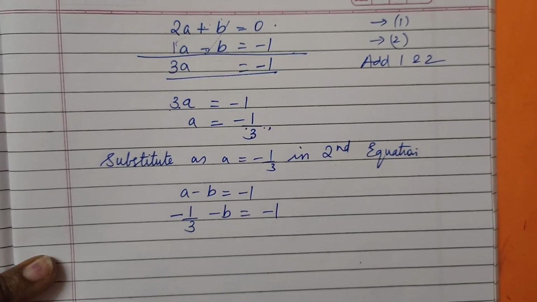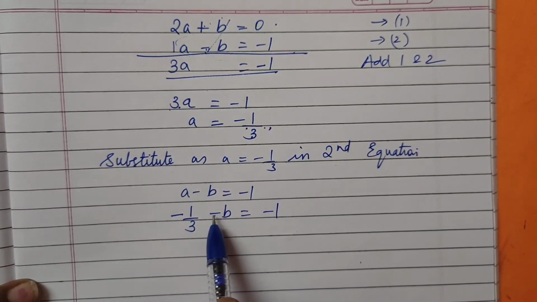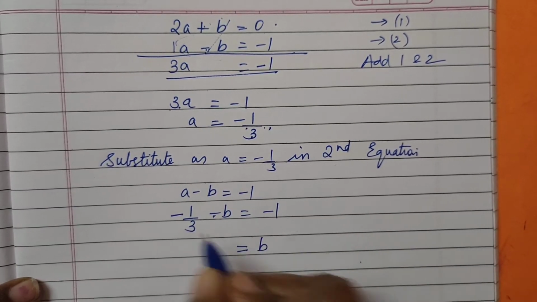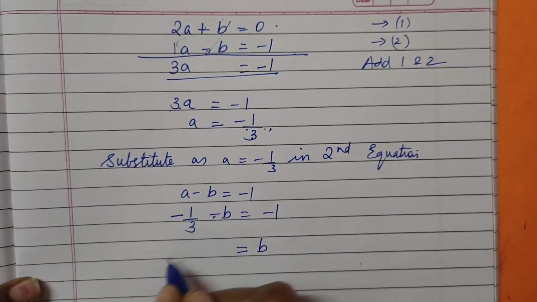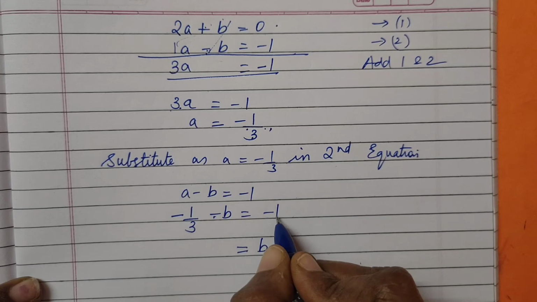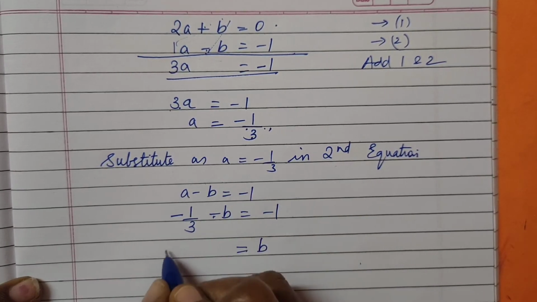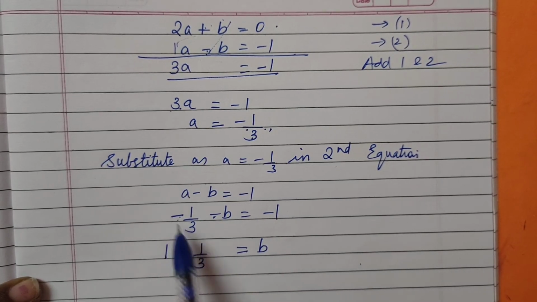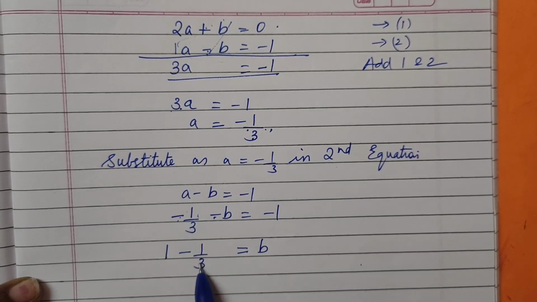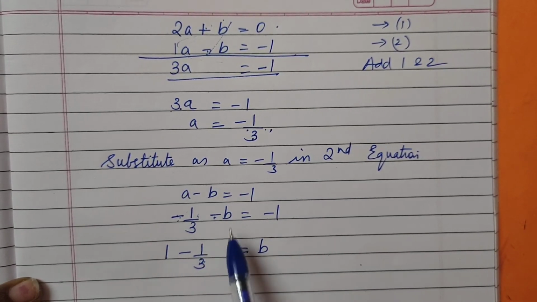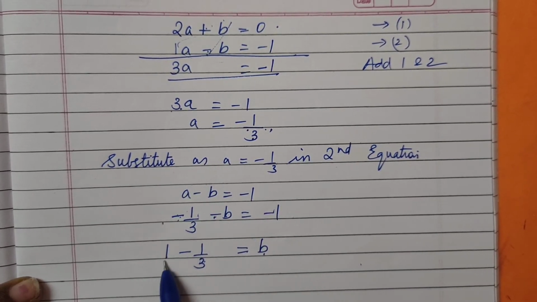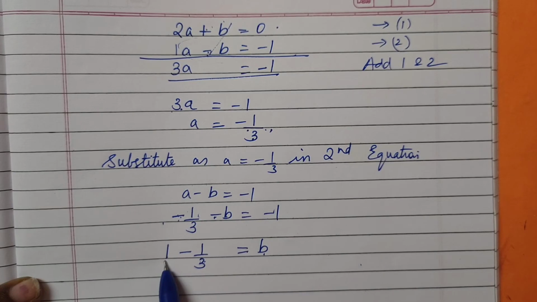So what I will do here, the b is in negative, so I will take it to the other side. That is, I am taking b to the other side, and this minus 1 upon 3 is going to be, this minus 1 comes here as plus 1 and minus 1 upon 3. Check. Minus 1 upon 3 remains. So b goes to the other side and becomes plus, and minus comes to this side so becomes positive.